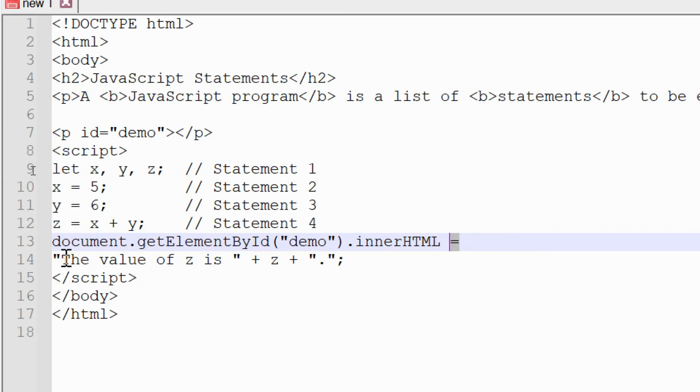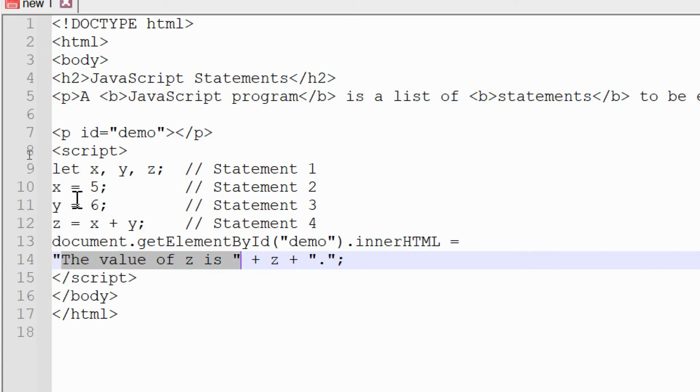We are passing a string in double quotes, "The value of z is", then plus to concatenate, and all the addition is inside the variable z, so we write z. So here 5 plus 6, 11 will come.